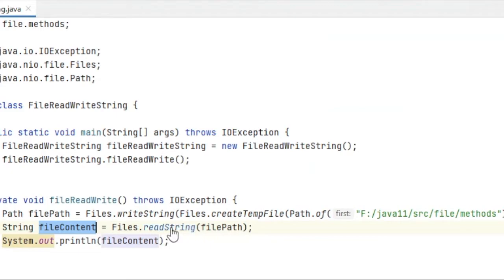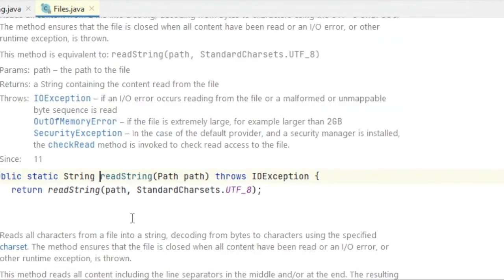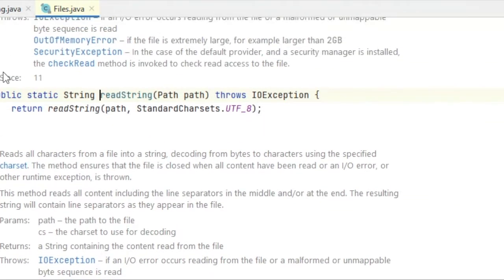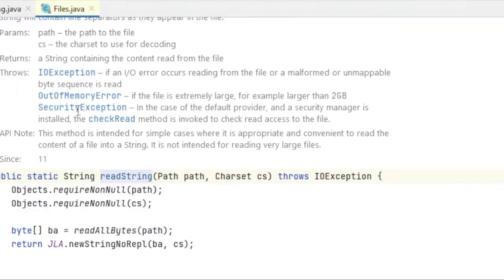If you go to this method, that's how Java implemented it. You can see it is available since Java 11, and then see this readString method. It just uses the UTF-8 character set, and then we go to this readString method.